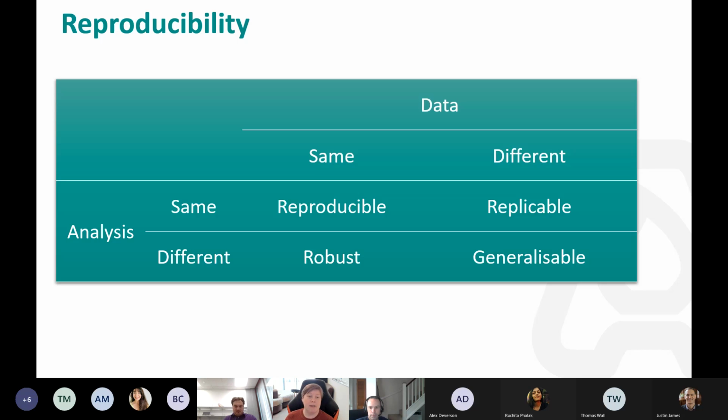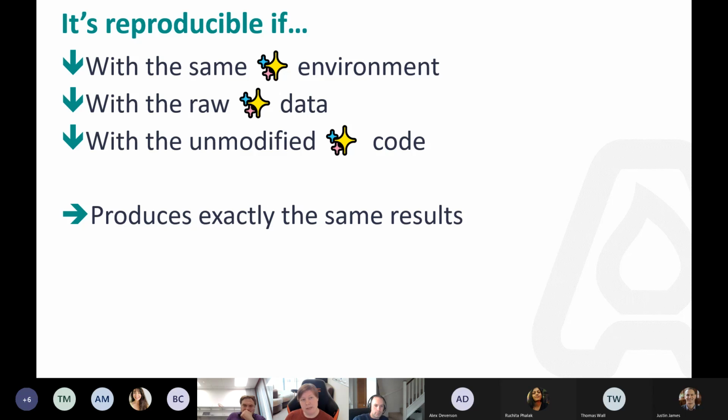So with reproducibility, it's all about taking the initial same training data set and the code that produces a model and being able to get the exact answer again and again. So no matter who runs it, they get the same results. That means we have to have the same environment.